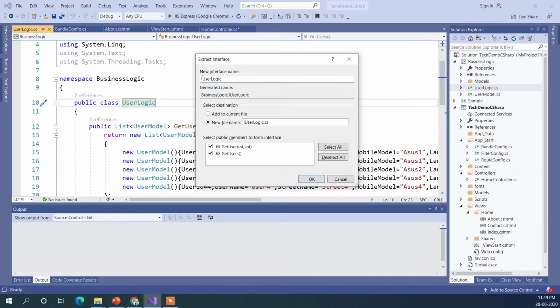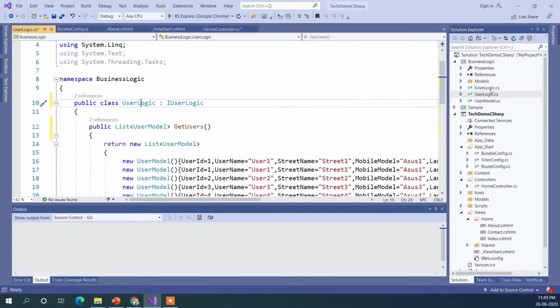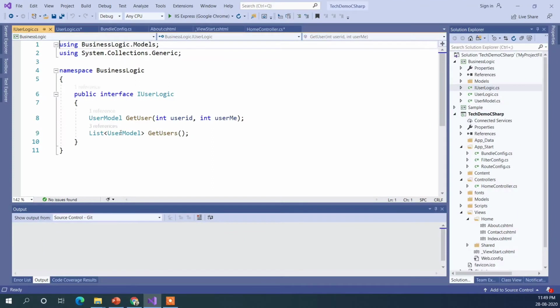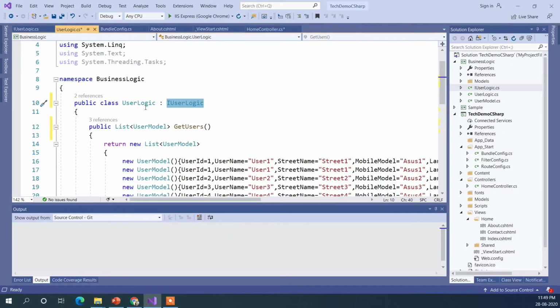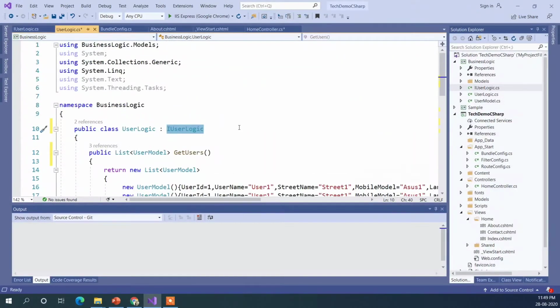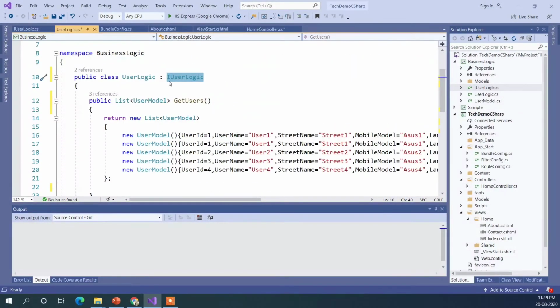As you can see, I is used for the convention of interface, so it's already prepending it, and it will also show you what functions it will contain, and the file name that will be used. It will also create a file as well. If I click OK, as you can see, it doesn't just create an interface, it also implements it. So it's very, very handy, and I really use this feature a lot.